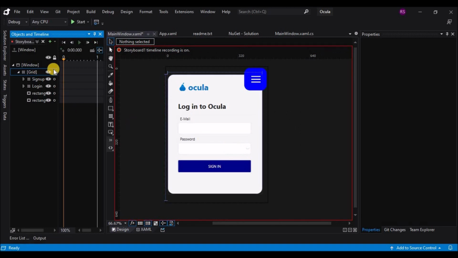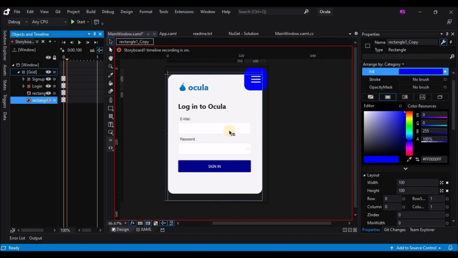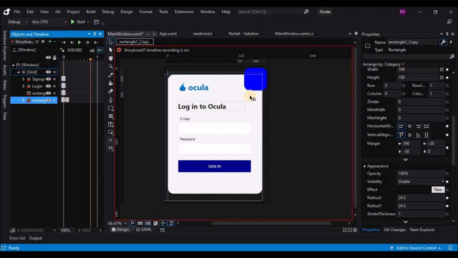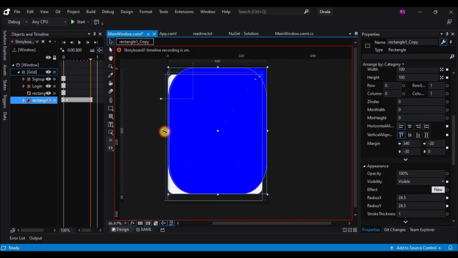On the first keyframe, add an empty keyframe for all the elements. Now on the second keyframe, make the smaller rectangle visible, which has appeared on the top of the badge. And now on the last keyframe, start increasing the size of the rectangle that we have added.